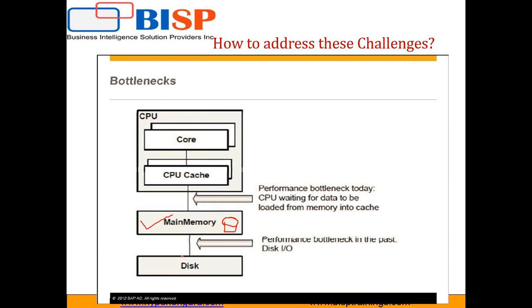Because of that, the performance has increased to a greater extent. The report that was running 30 minutes came back in 30 seconds. The second benefit: the most important challenge in any IT infrastructure is I/O, input output, the transfer between the disk